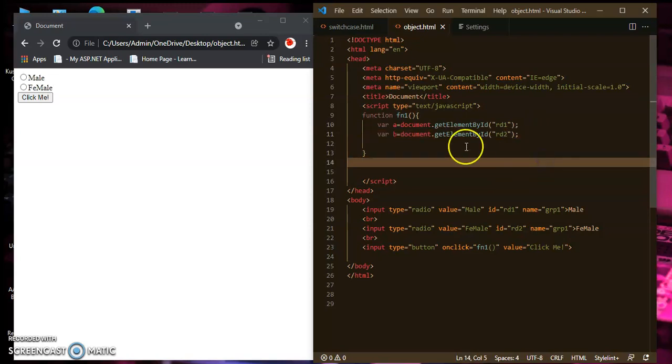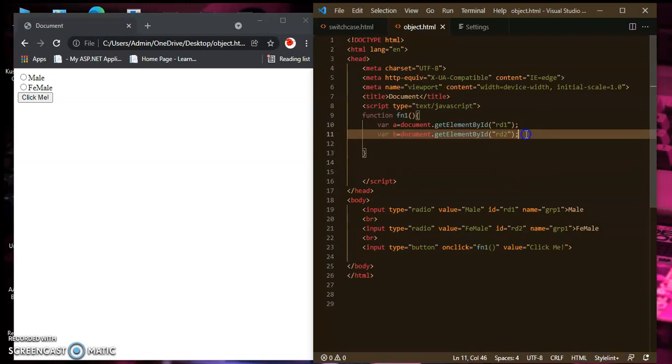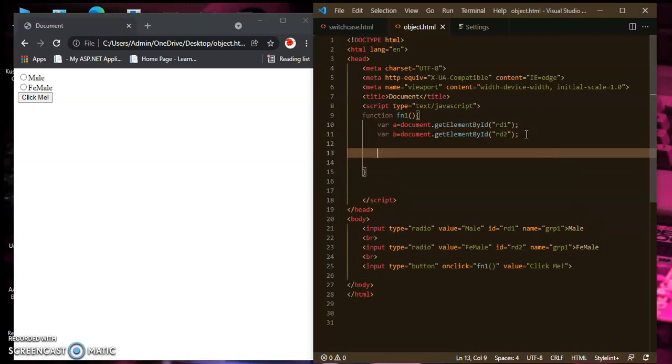Okay, now I will put the condition. If male is clicked, it will display you have selected male. If the radio button female is clicked, then an alert message box will be displayed that the female value is selected. Okay, so write the condition for it.